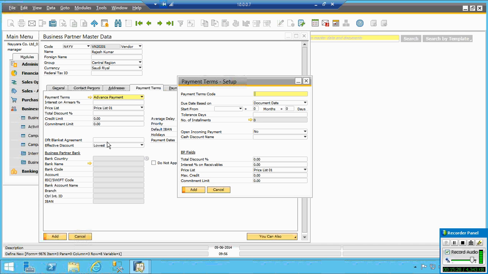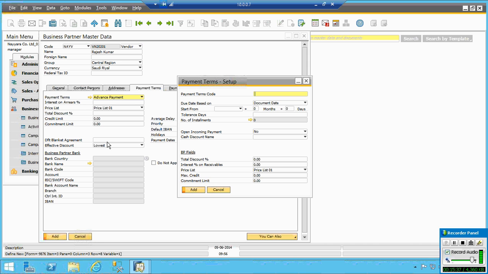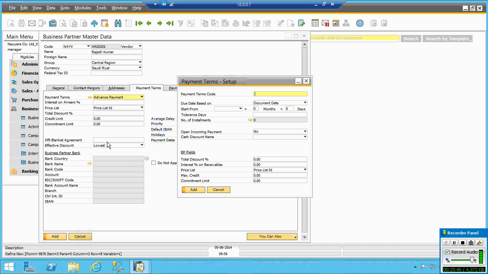Whenever you define a new payment term, first we give that term a name. When you give a name, seeing the name will make it understood. Like I give advance payment, so seeing the name will be advance payment. If I say 15 days, it is available in 15 days. Within 15 days, I define that payment will be done. So the vendor or the customer will be paying within 15 days. After 15 days, it becomes overdue. Now, I give a name here.